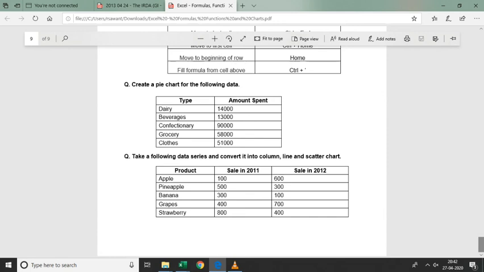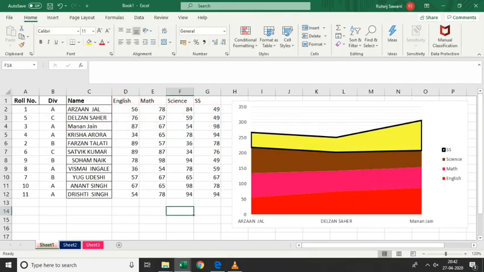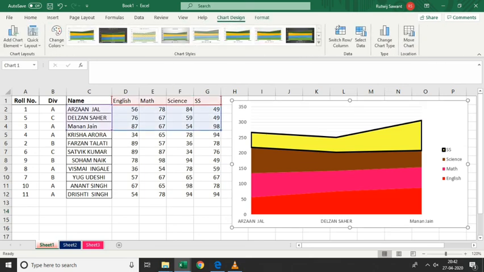If you have any doubts related to this chapter, you can message me on Campus Care. I will try to sort out your doubt. As I said, it depends on the version. Mostly the chart type, when you are working with charts, depends on the version that you are using. So don't get confused. If you have any doubt, feel free to message me through Campus Care. I will reply to your message.